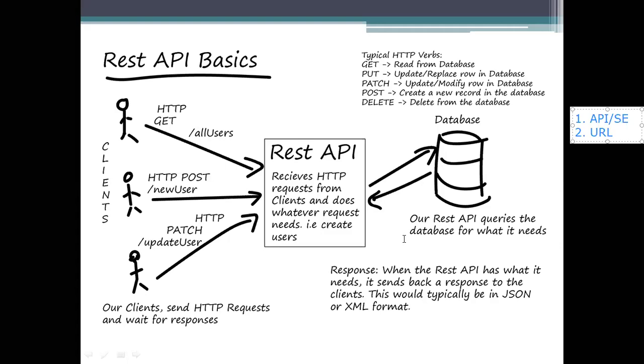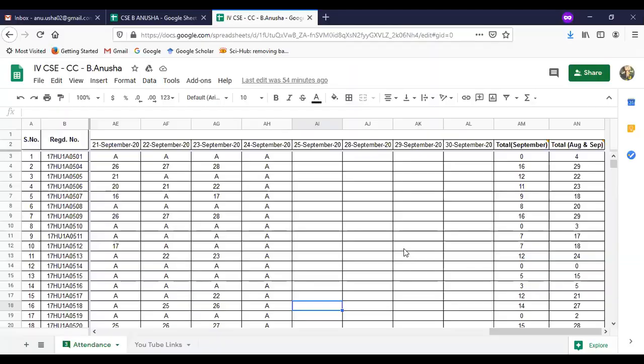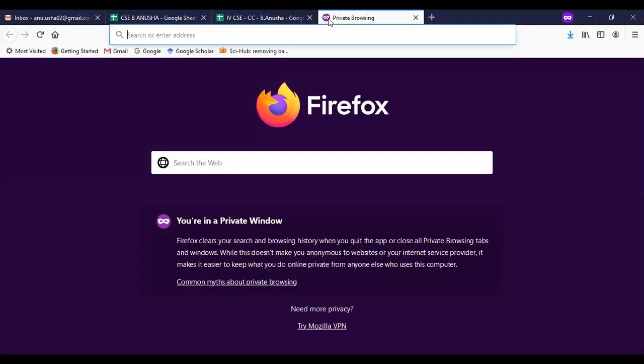So I've been using this one. There is no need to consider the API or the search engine here, since I already opened a search engine.